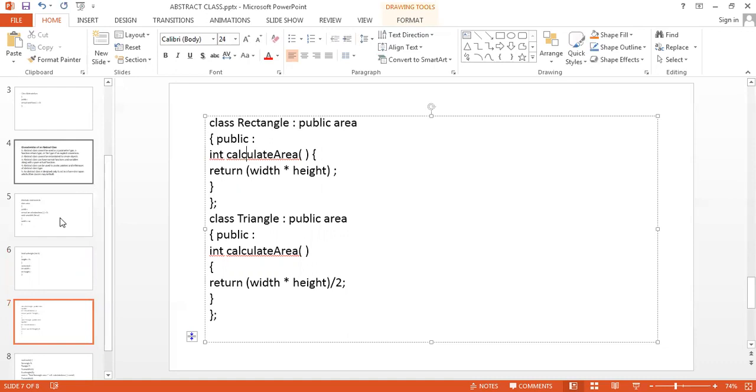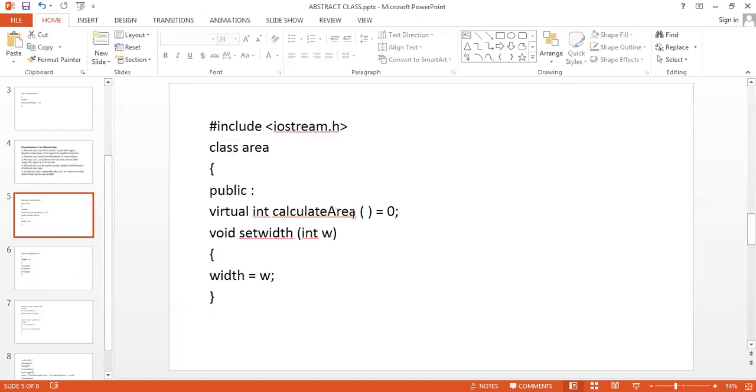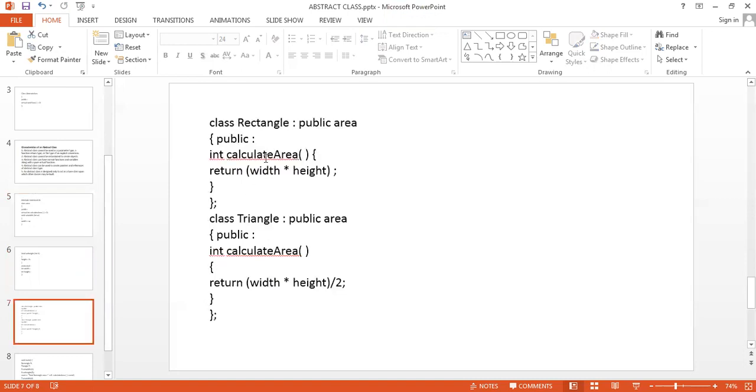So inside the Area class, calculate area equal to 0, that is a pure virtual function. In the Rectangle representation, the calculate area has its own definition. So in this, Area is an abstract class, and Rectangle is a concrete class. In the same way, calculate area will be defined with another set of function in the class named Triangle. So whatever class has a definition for a pure virtual function, that class will be representing a